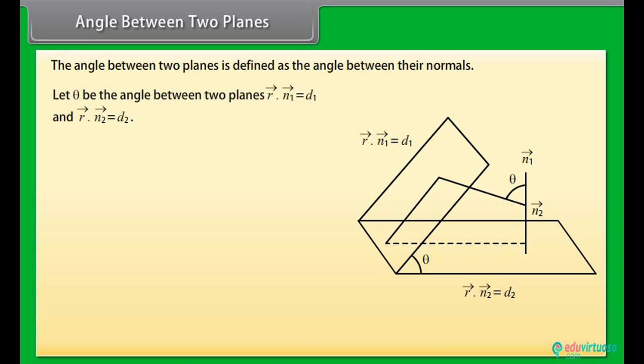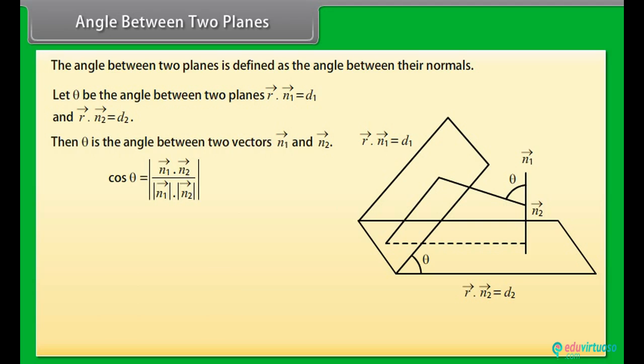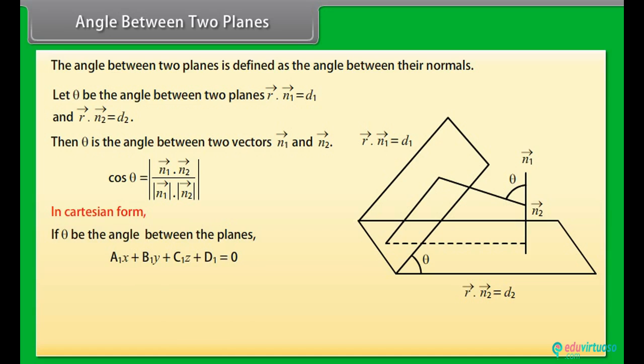Let theta be the angle between two planes, vector r dot vector n1 equals d1, and vector r dot vector n2 equals d2. Then theta is the angle between the two vectors n1 and n2. Cos theta equals the modulus of the dot product of vector n1 and vector n2, divided by the modulus of vector n1 into the modulus of vector n2. In Cartesian form, if theta is the angle between two planes, a1x plus b1y plus c1z